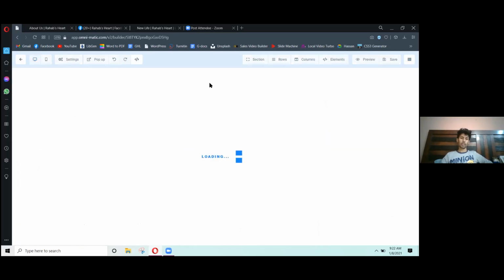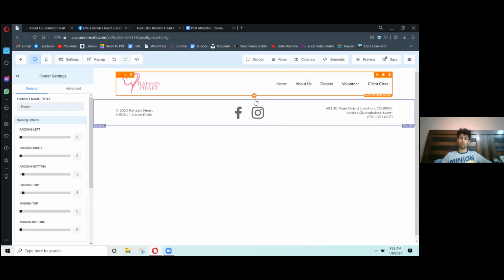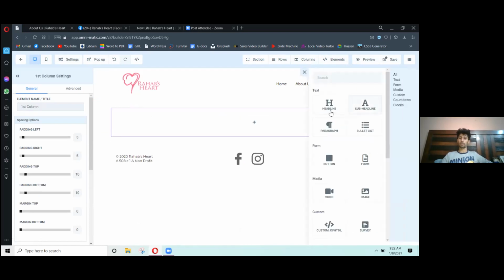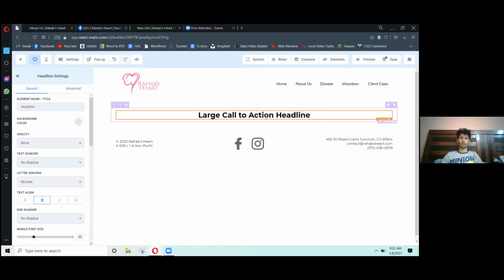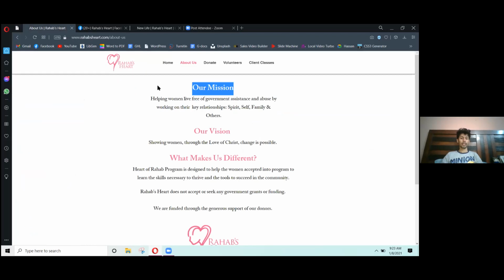Now I'm going to go to the next page and import the header and the footer. And in between, I'm going to add those headings and subheadings, which is our mission. And it's color pink. I'm not using the exact color, but I can. It's not a problem. We can